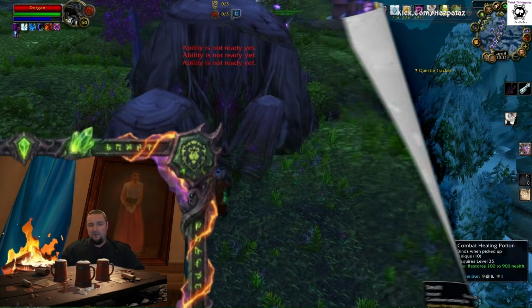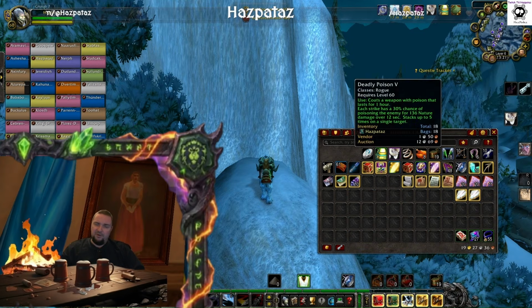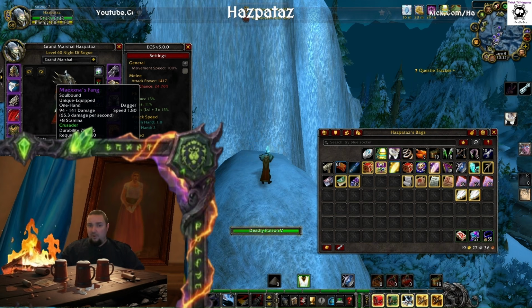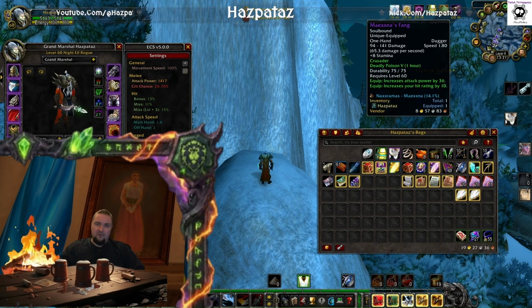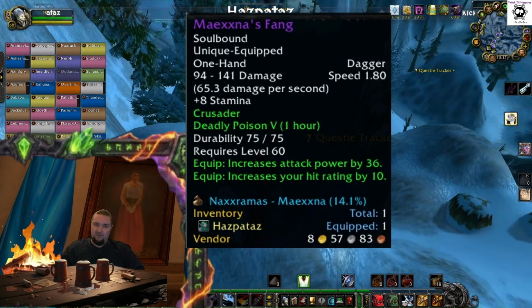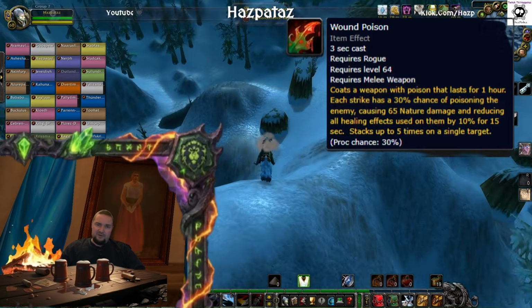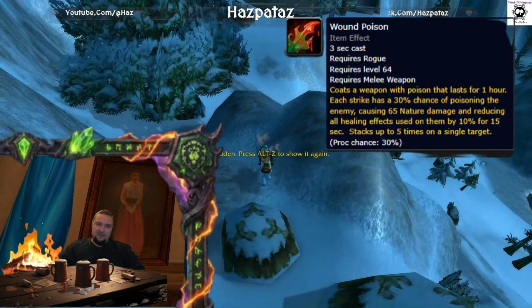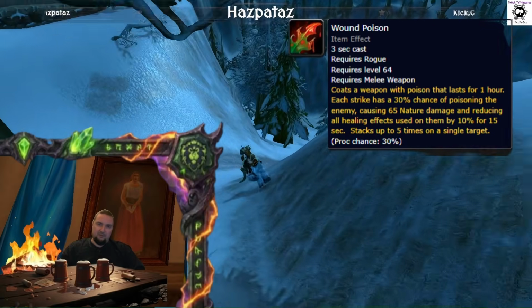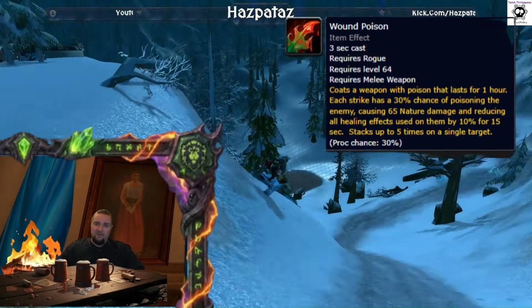Speaking of poisons, there will be a new poison. Well, there'll be a couple new poisons, but the one worth mentioning is the Wound Poison. Now, all of the poisons for the rogues will no longer have charges and will last 1 hour from the time it is applied to the weapon. Now, Wound Poison is reducing the healing done by percentage. It used to just reduce the healing by amount,